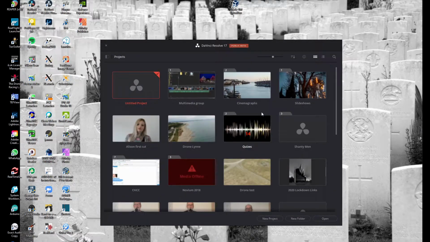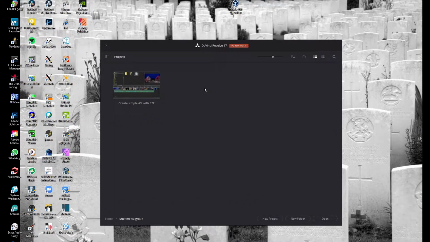So I'll cut out a lot of that. So I've got various folders set up here, and I've already done this once, but I'm going to create a new project now. That was the editing of the pictures directly one. So create a simple AV with